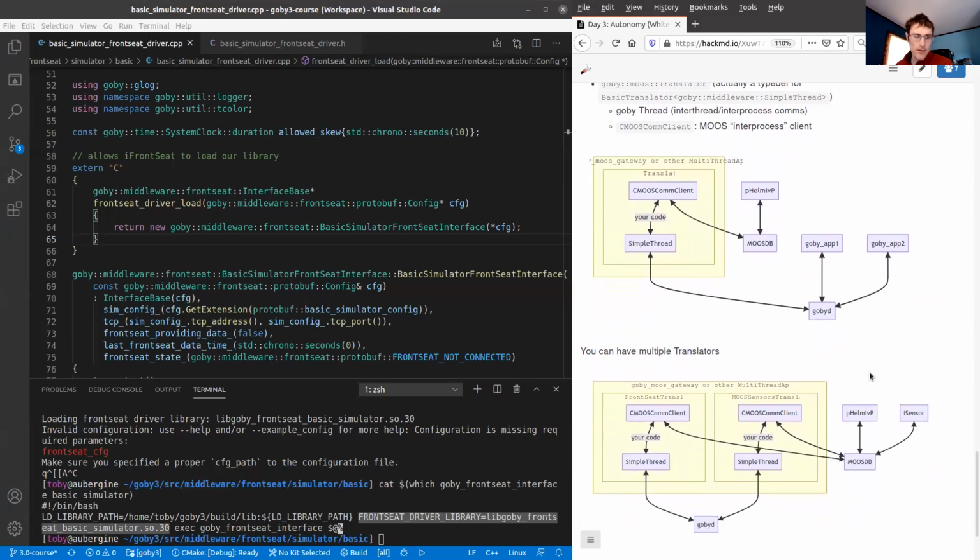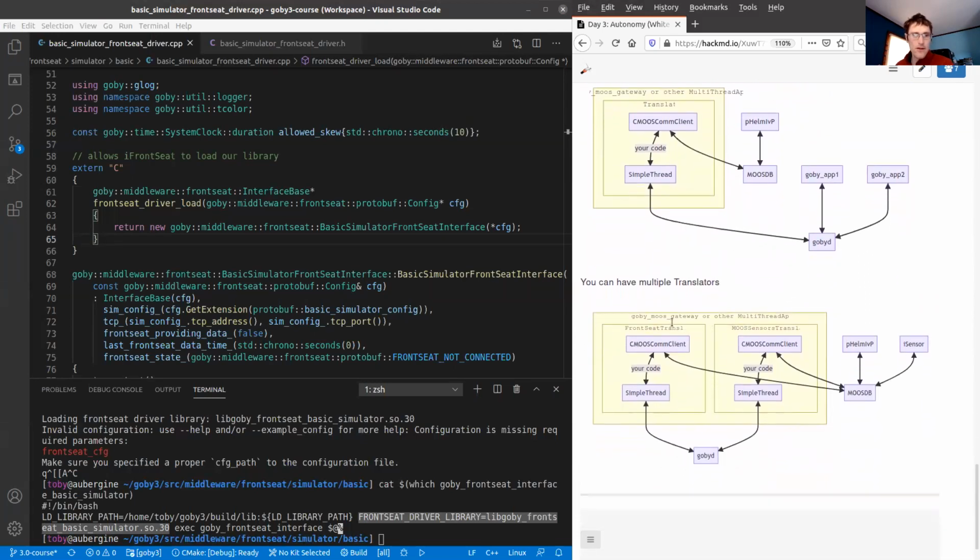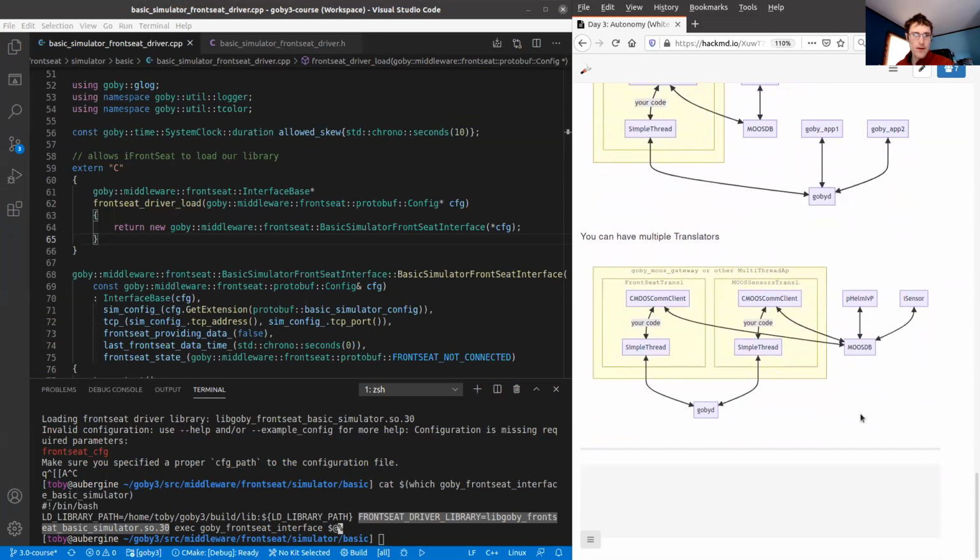So I came up with one where we've got the front seat translator, which is the one we're going to look at in a minute, for connecting to the helm. And say you wanted to also write your own for some sensor that's connected to Moose and call it Moose Sensors Translation, you can write that and run it as well. Hypothetically, there's some sensor over in Moose that you want to get the data into Goby. You could write your own translator thread and run both of these.